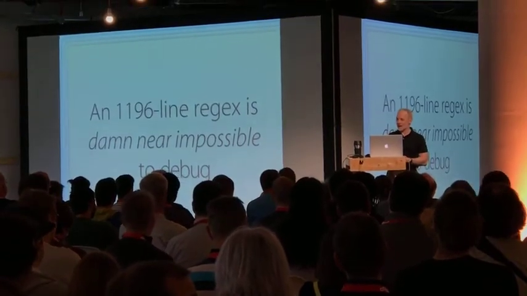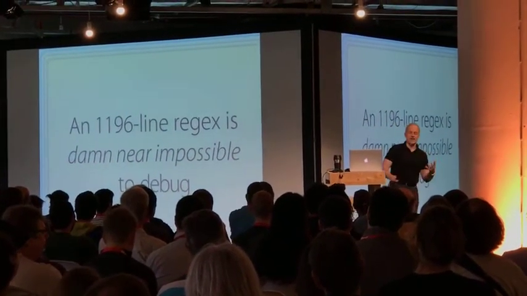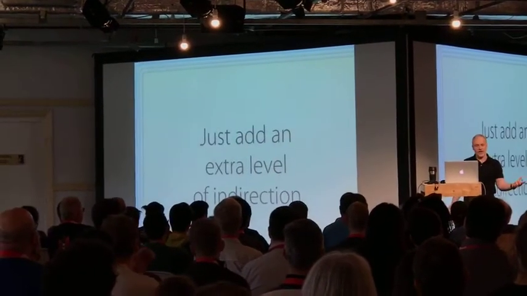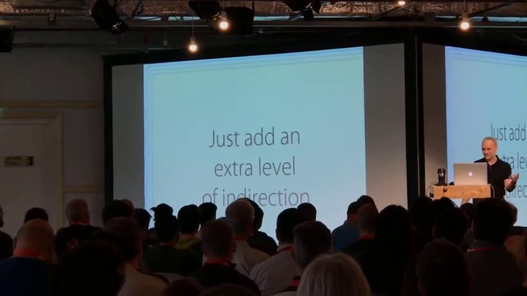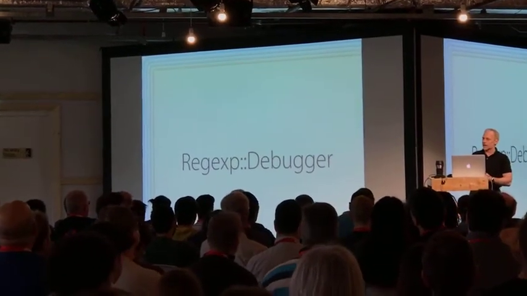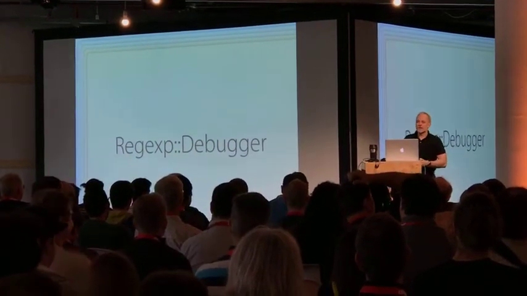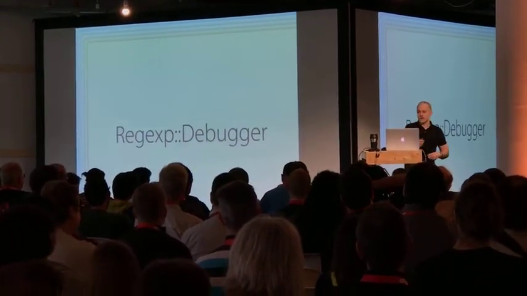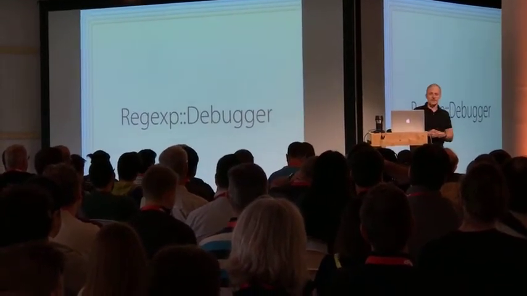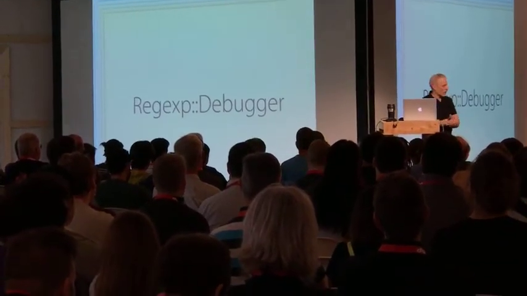It's really easy to write one that's wrong, but I thought to myself, that's not going to be a problem because I've already solved that. And how did I solve it? With an extra level of indirection. You may be familiar with a module I wrote called regex debugger. People heard of that? Yep. So, regex debugger, I think, is a useful module. And so when I started having difficulties with this small 1196 line regex, I thought, oh, just fire up regex